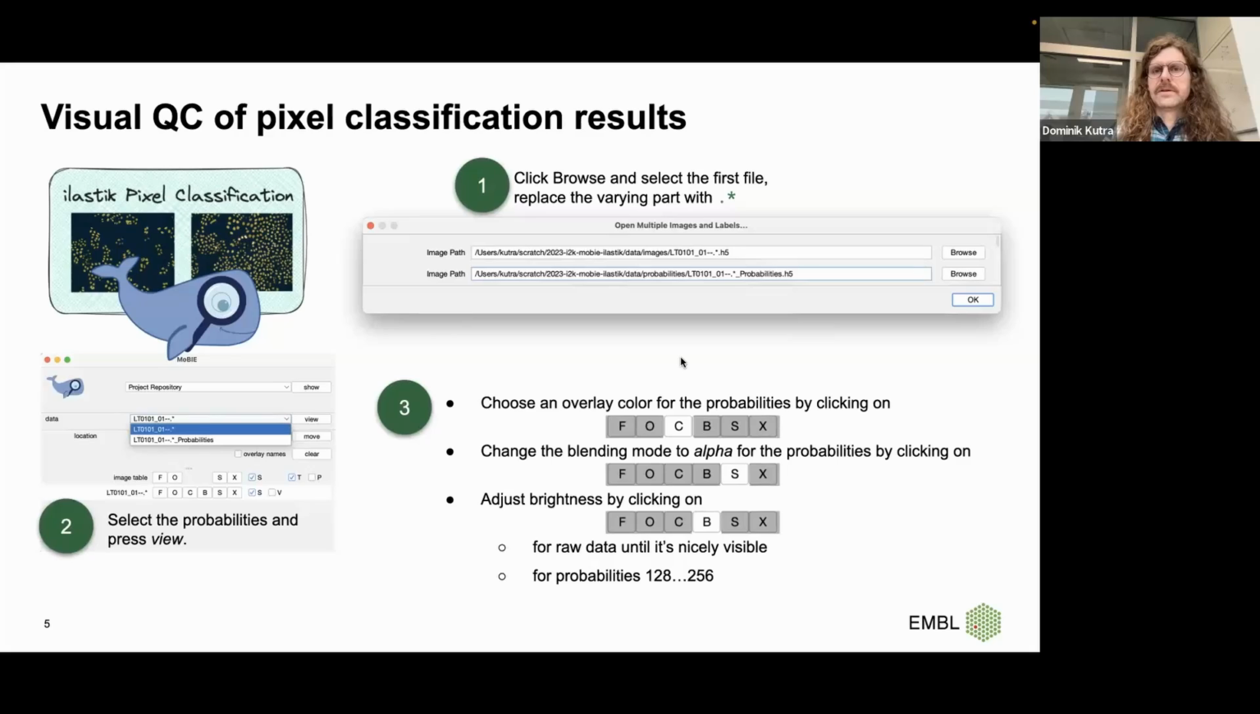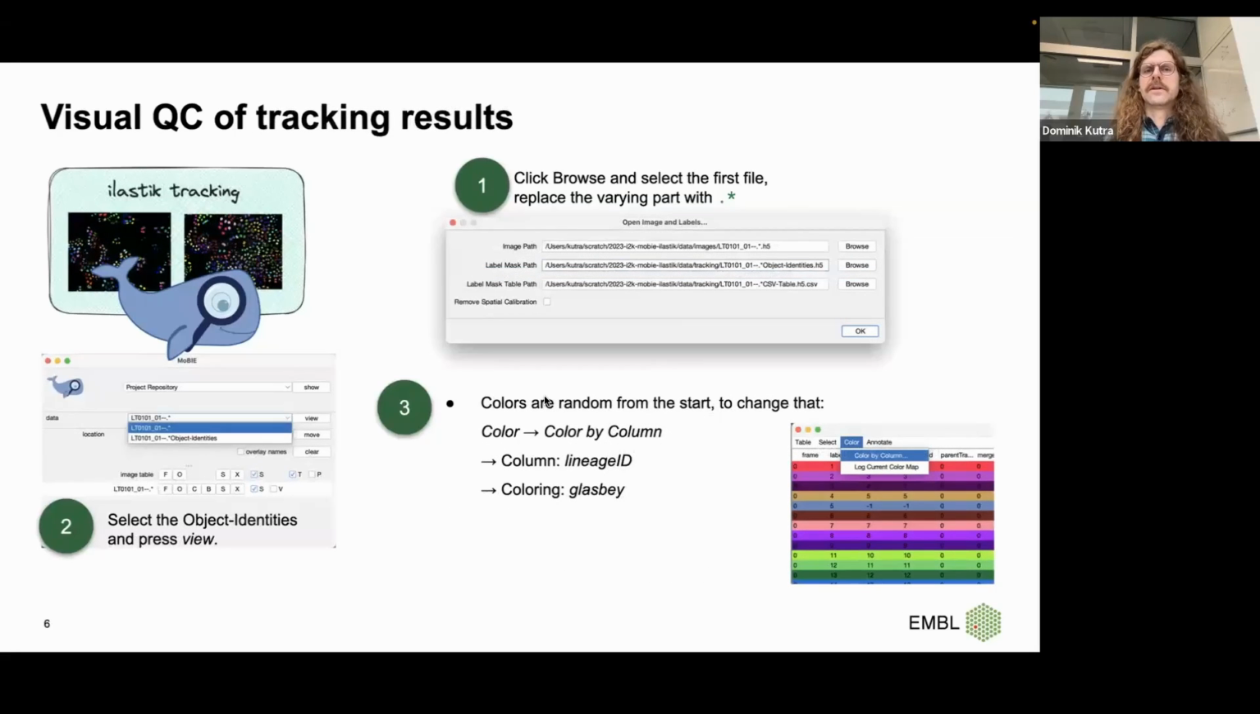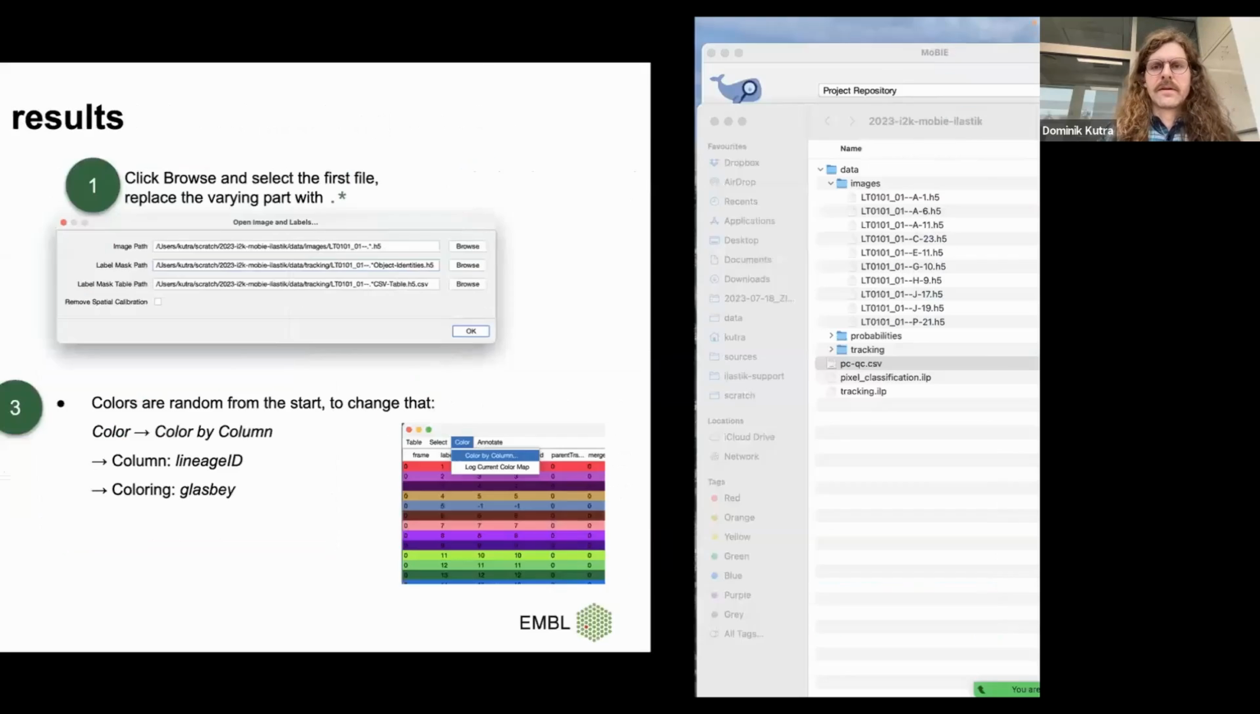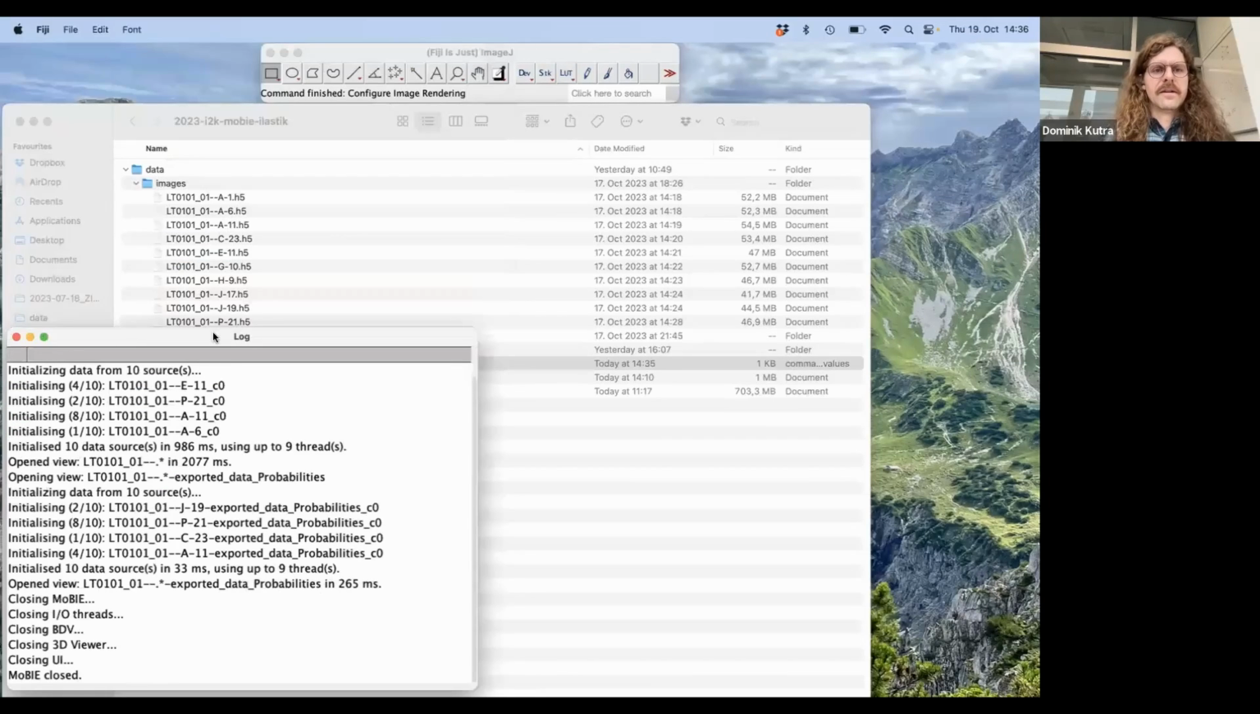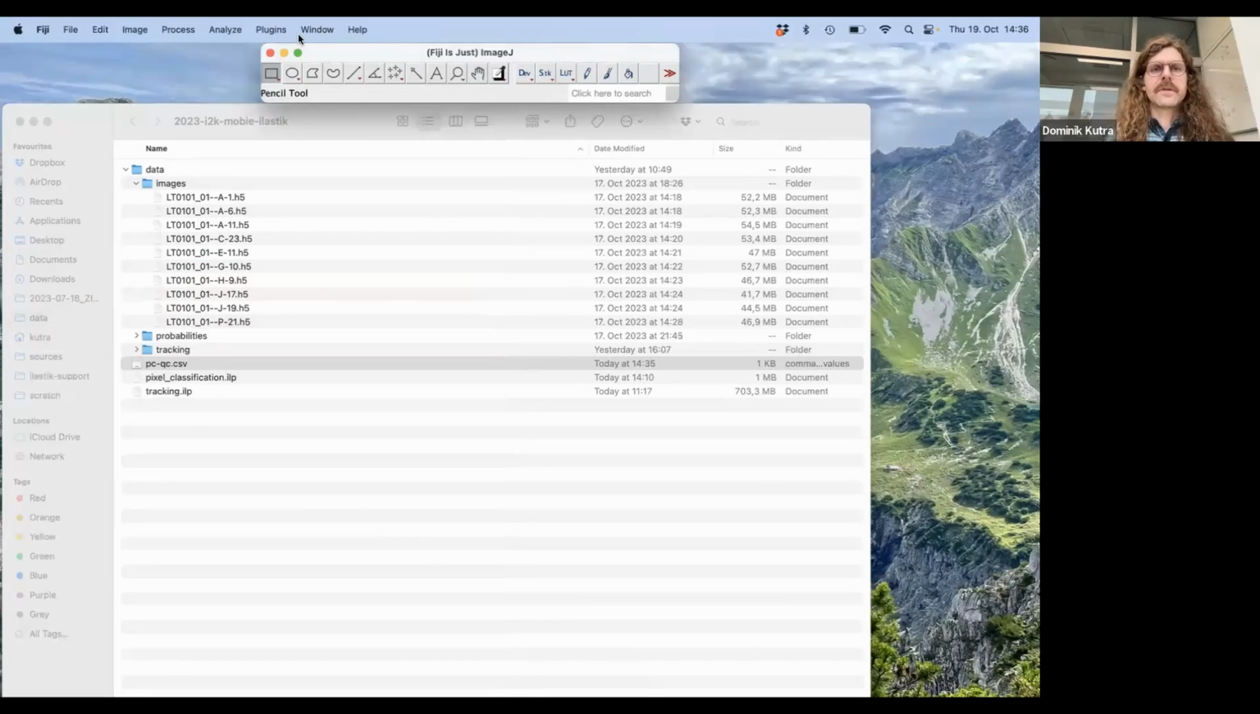And then going on and doing this for tracking, you can also leverage what Tischer showed before a little bit, like that you can add a table and show different characteristics derived from the table for your different objects. And for tracking, this is super handy, because we then can assess how the tracking went. Okay, and this way I will also quickly show. For this, I close MoBIE again, and